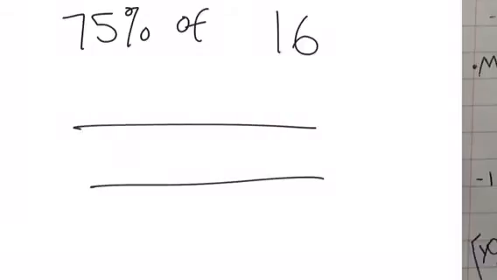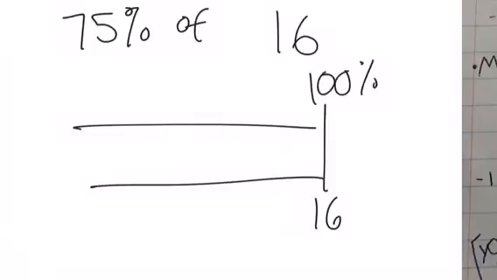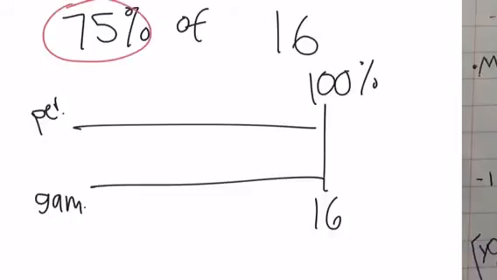So 75% of 16. Okay, so here's our double number line. If 16 is going to be our final value, that means if that's our whole, then our whole percentage is going to be 100%. So this top line is the percent, and the bottom line is the games. Okay, so we are trying to find 75%. That's the part. Okay, so if this says 75%, because that's the data that it gave us,